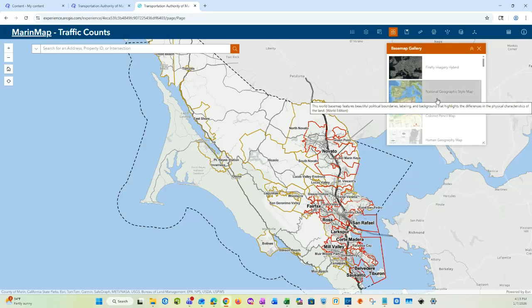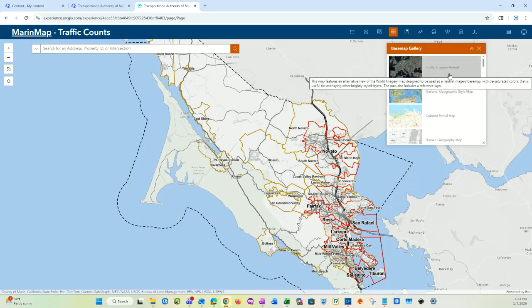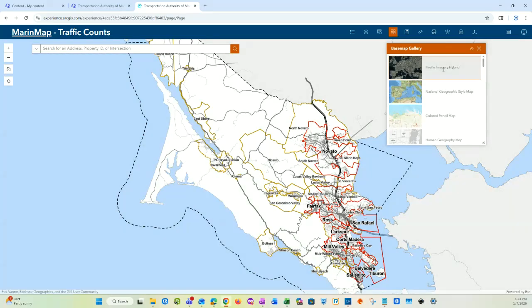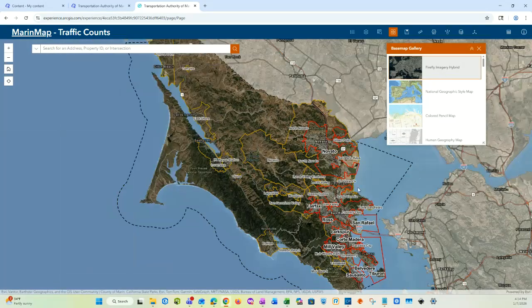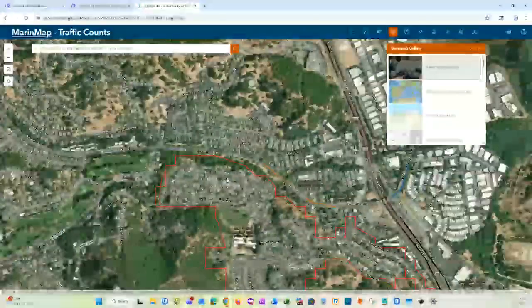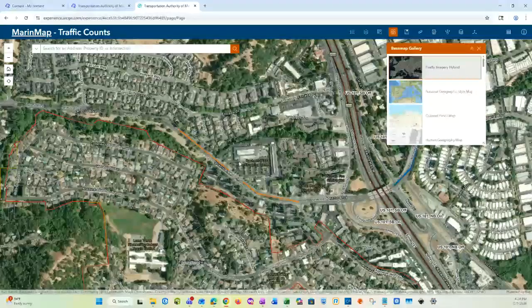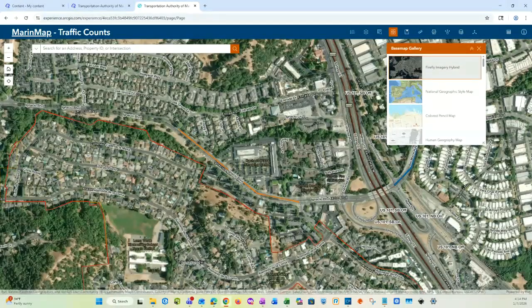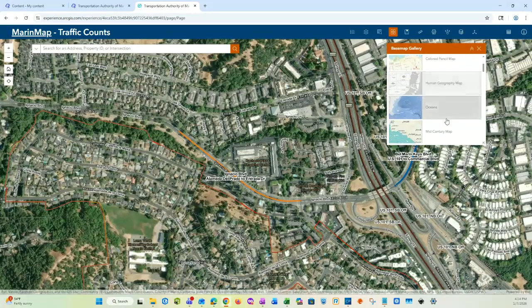The Basemap gallery is a very simple tool. It just controls the basemap visible on the application below all of the layers that are available on the application. So let's say I wanted to view just this Firefly imagery beneath the layers instead of that light gray canvas. I'll select that basemap. Now you can see we've got some aerial imagery to help with some analysis, maybe get your bearings a little bit better if you can see some of those areas of interest that you might be used to seeing on an aerial image instead of just the gray base